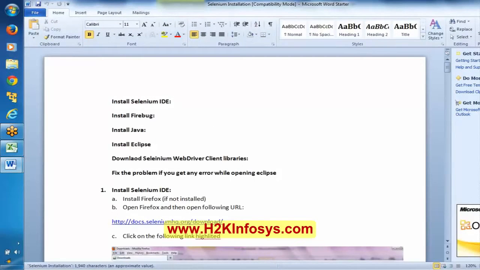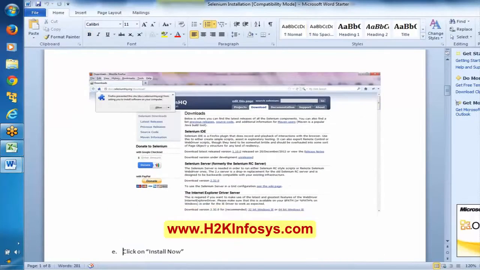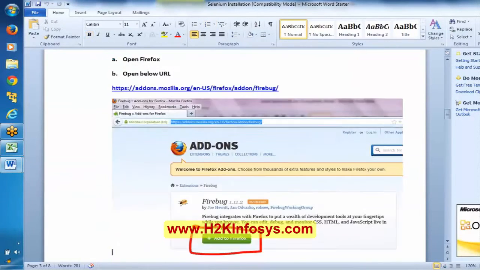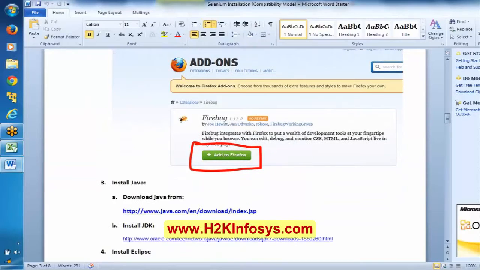I hope everyone has installed Selenium IDE and Firebug, right? And here I was talking about installing Java. I hope everyone has downloaded and installed this.